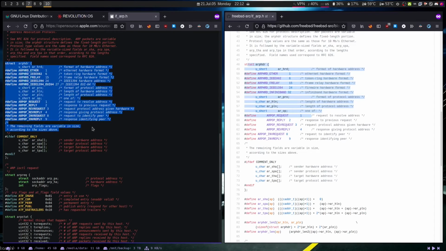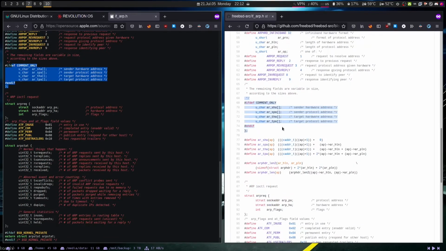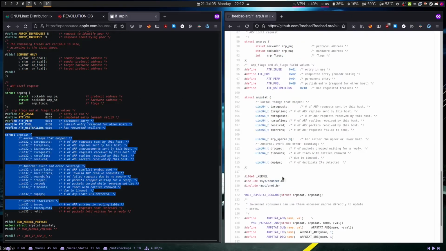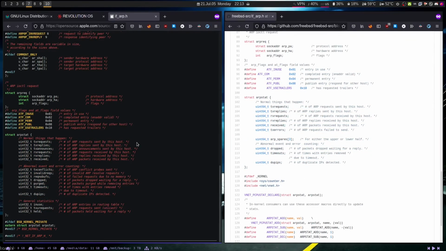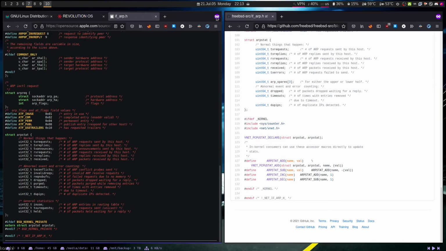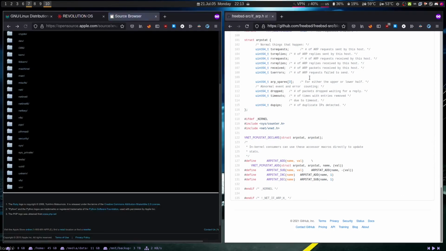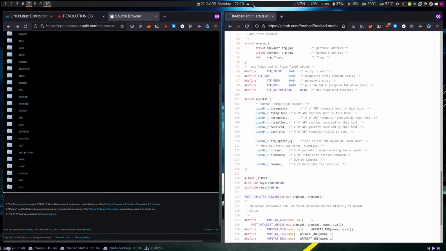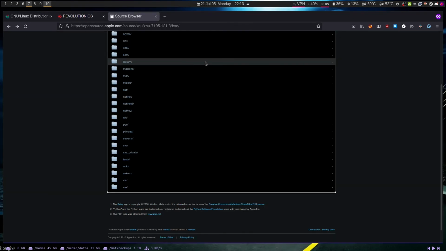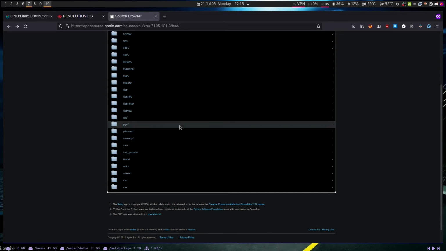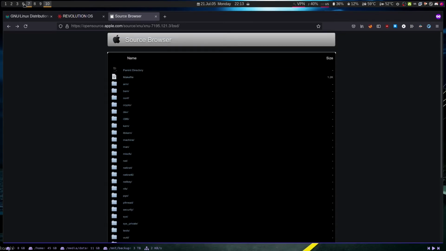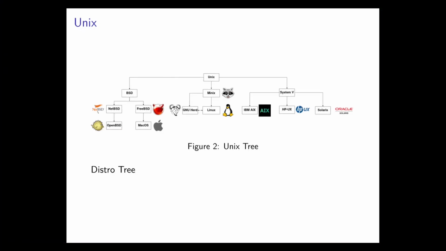All of this is the same here, all of this is the same there. This is the same, this is the same. They're here for the most part. There's some additional things added in on the Apple side, but for the most part, it's all the same. There are big chunks shared between FreeBSD and Apple's XNU kernel. So there's a lot of sharing that happens, and this is not just between Apple and FreeBSD. There's a lot of other sharing between other distros, kernels, and software, but this is just an example. If we come back here to our PowerPoint, we can see how this tree makes sense, based off of what we just saw with the XNU kernel.